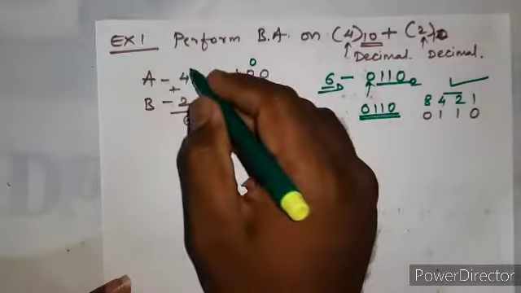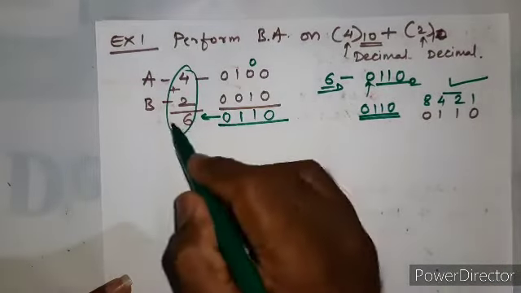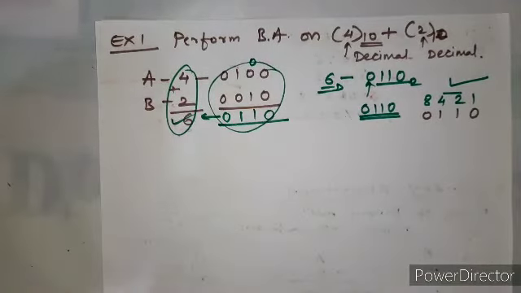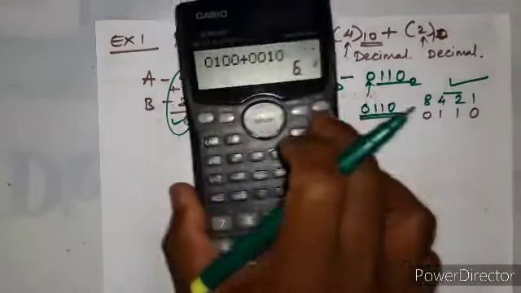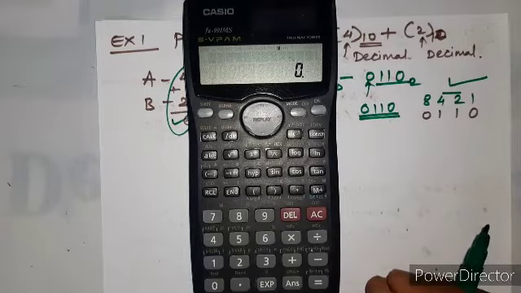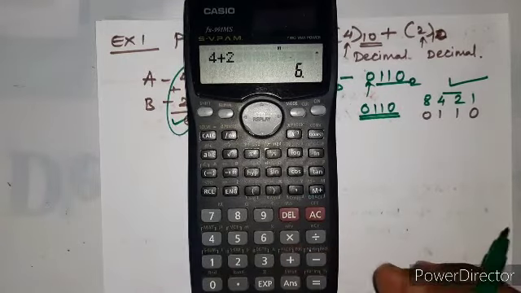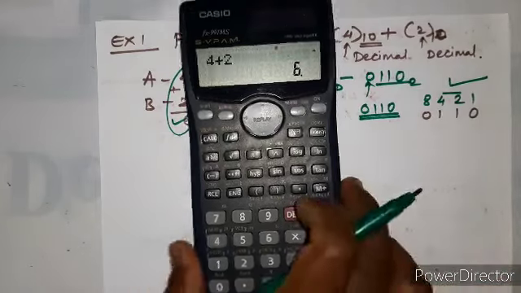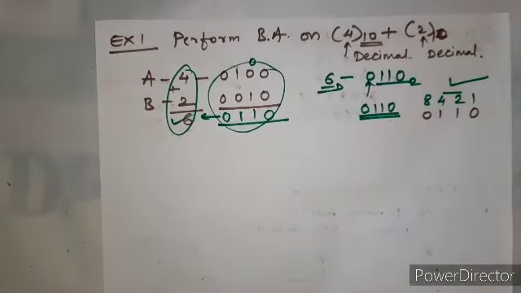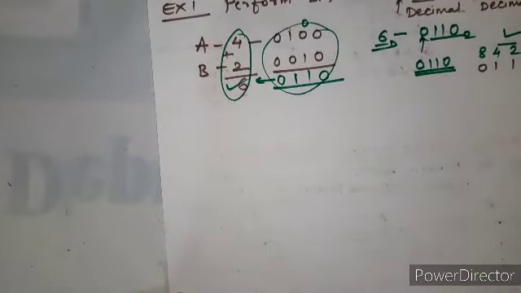right? So going by this way we are getting the answer 6, and going by this way also we are getting the answer as 6, right? So that is why initially I told you that for a general person or a layman, it is 4 plus 2, 6. Now we have just seen how internally this calculation takes place. Okay, I hope this is clear for you. Now you can take any other example. Let us try to take this example.